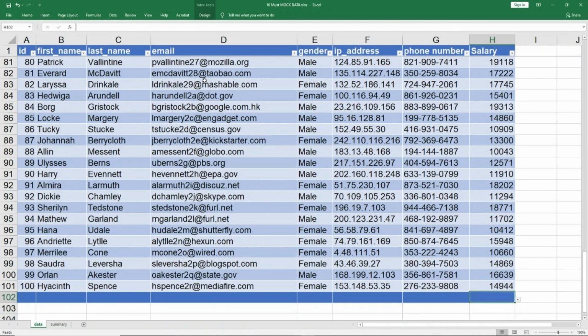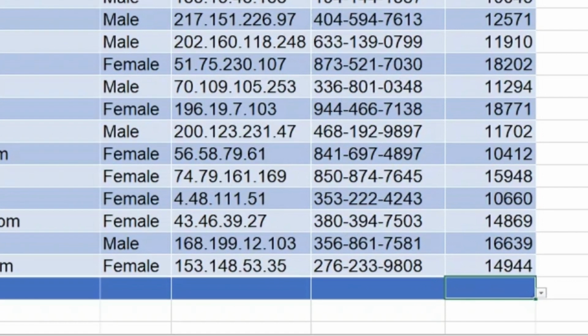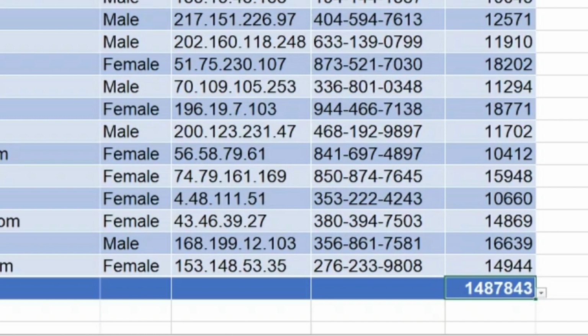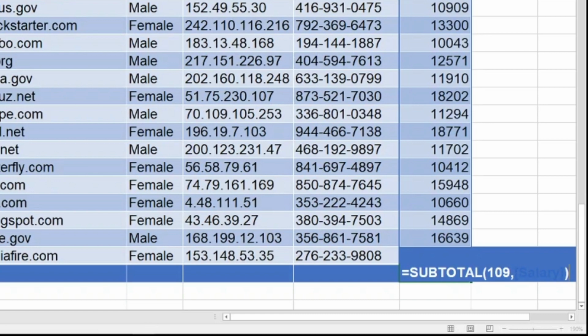I'm deleting this. What I would like to do is to do the summation of all the numbers starting one cell up of your current cell location until that point there is any break. Remember I told you about the breaks earlier. So I press Alt and equal to. It gives me the same thing. It has done the subtotal. If you go see in the formula, let me hit F2. The reason it has done subtotal is it is in a table format, as I mentioned earlier.